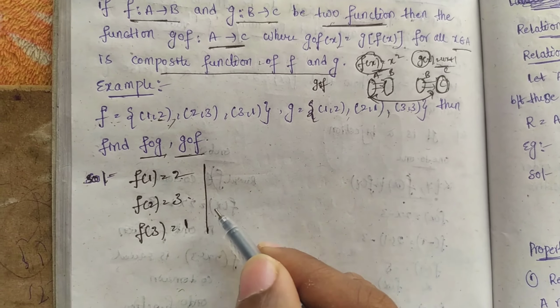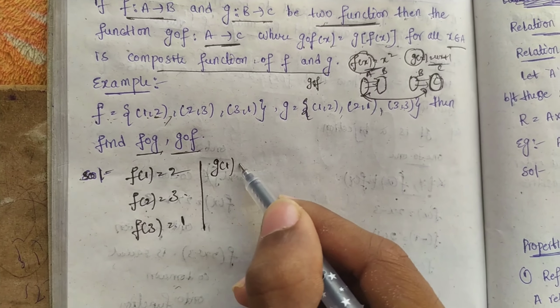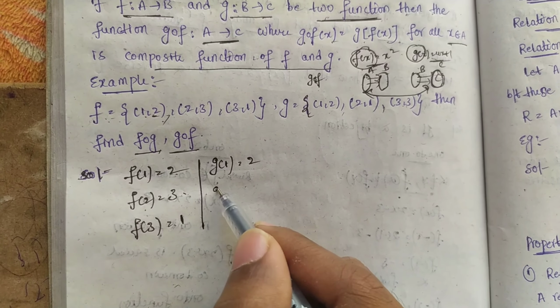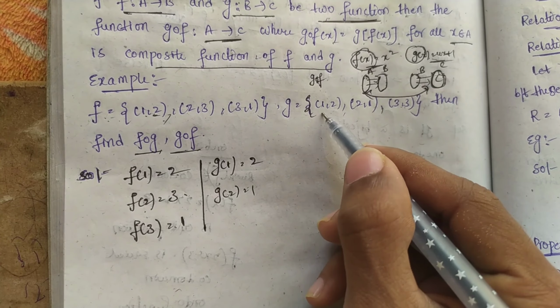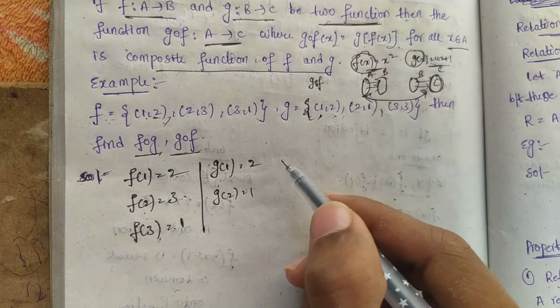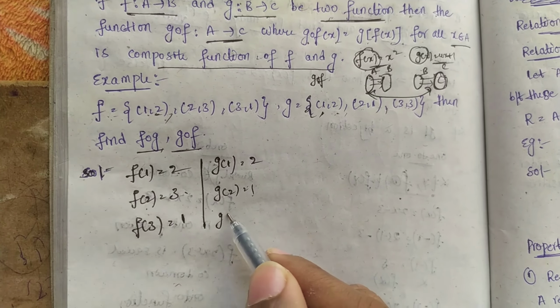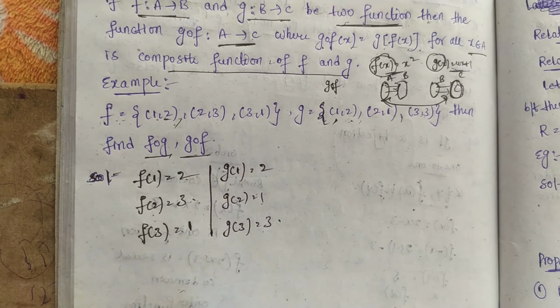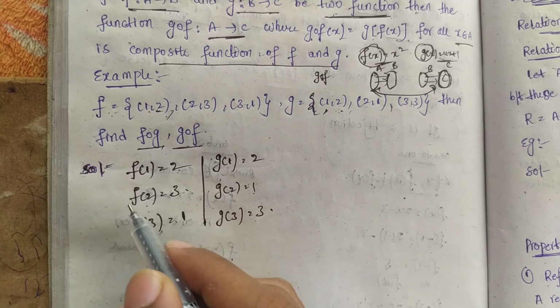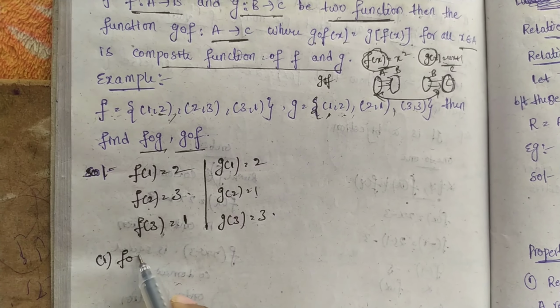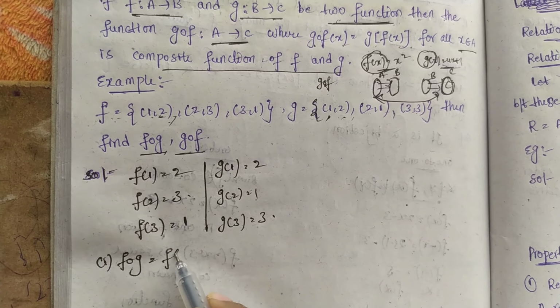Now g of 1 means we have value 2, and g of 2 means we have value 1. Here 1 means we have 2 and 2 means we have 1, and g of 3 means we have 3. Now we have to find the first one, f circle g, that is f of g of